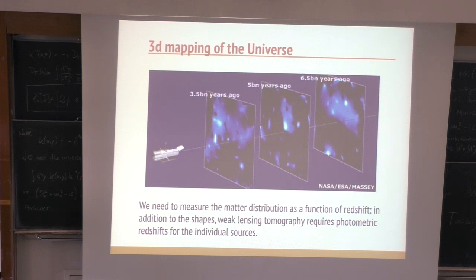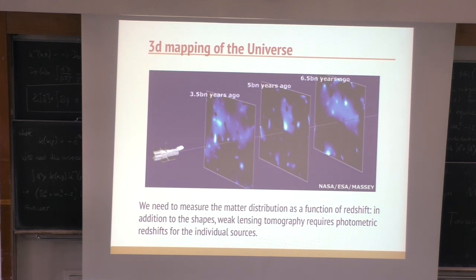And again, this is the graphical view, not what we do mathematically. But you could think of constructing images of the dark matter distribution at different redshifts, because the low redshift galaxies are only sensitive to the dark matter at low redshift. So you can use those to infer your low redshift mass distribution. The high redshift ones see both the low and high redshift mass distribution, but you've already reconstructed the low redshift one, so you can subtract the low redshift version and build up over cosmic time how the structure grows. And for that, we need to have photometric redshifts,